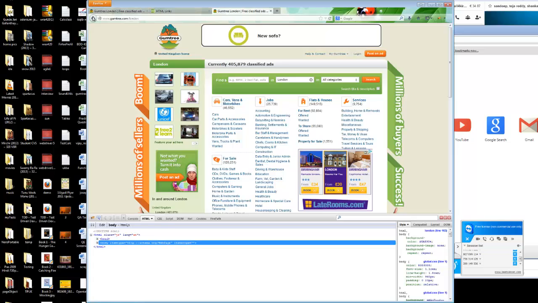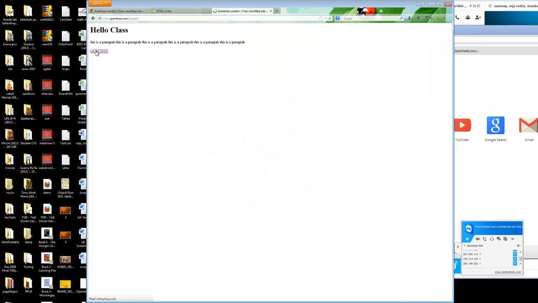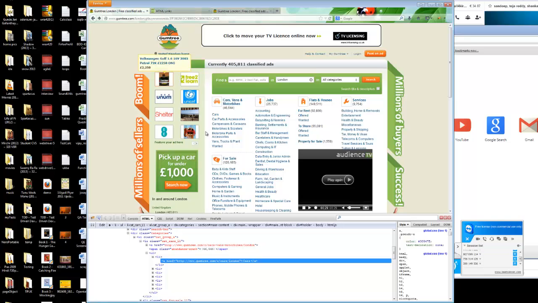Did you see? It's going to the Gumtree page. So this cars is also a similar link like that, but this one does not have a name or ID to it, isn't it? It does not have a name or ID to it. That's why we can go for XPath. How to get the XPath of it? XPath is like the address of it.